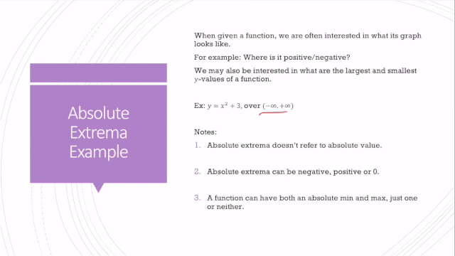So let's take a look at this function. As x goes to positive infinity, f of x, this function, goes to positive infinity as well. So the function doesn't have a largest value. We would say that this function doesn't have an absolute maximum. But what we could say is,